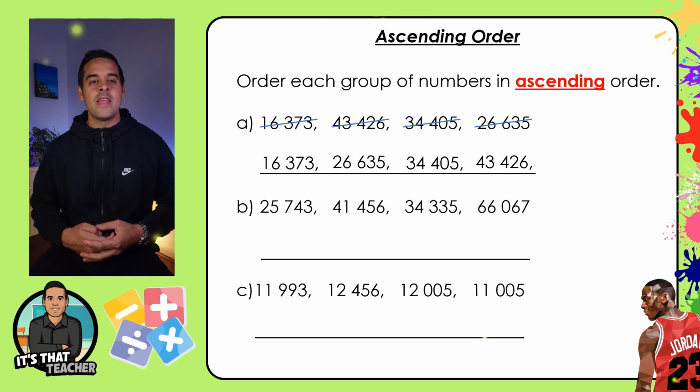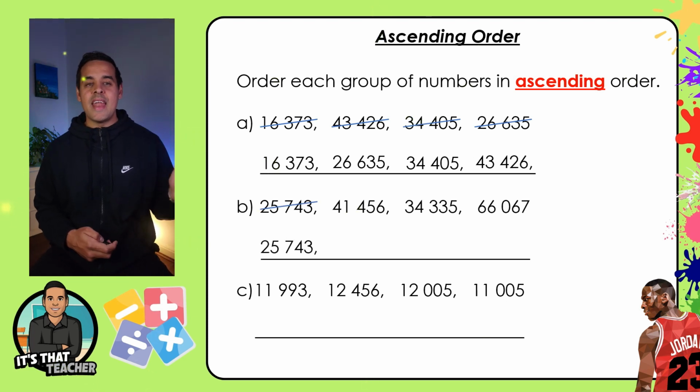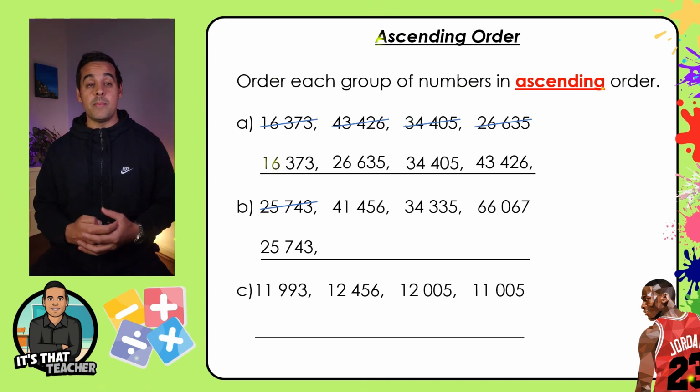In the question B, we've got a few numbers. They're quite simple. Now, the smallest one here would be 25,743. It's in the right position already. Cross it off, put it below. Now we're left with three numbers. The smallest number out of these three numbers would be